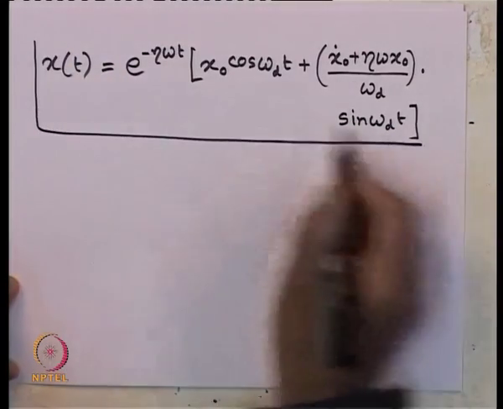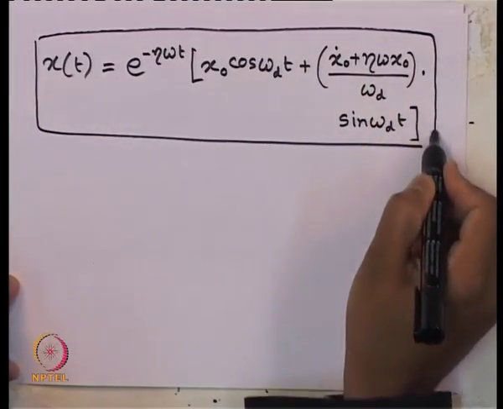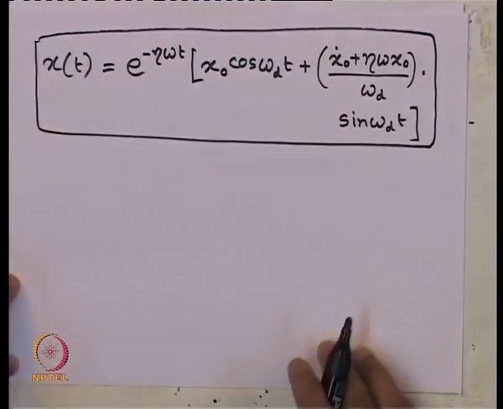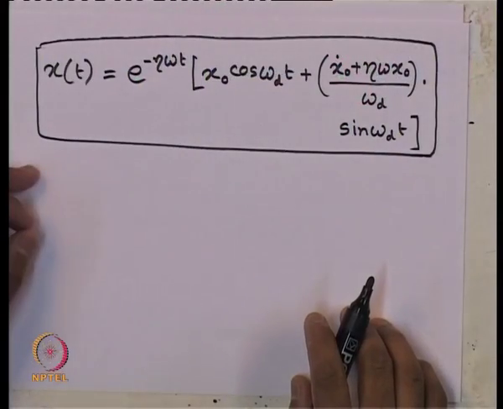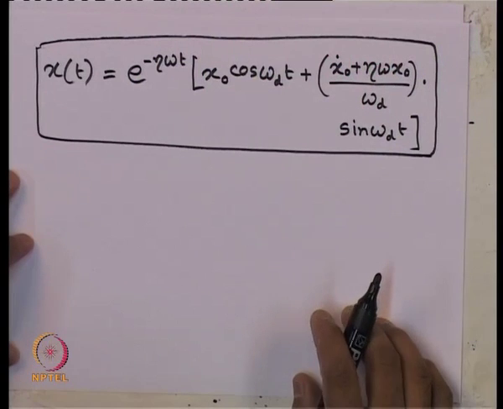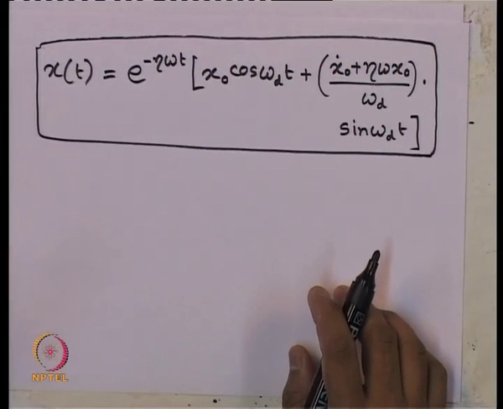So, that is the complete solution using the initial conditions for underdamped free vibration, when the damping ratio is less than 1 and we have the condition that c square is less than 4 m k. Now let us see if we want to represent this form of solution in terms of the polar coordinate system, in a similar way as we have done for undamped free vibration.